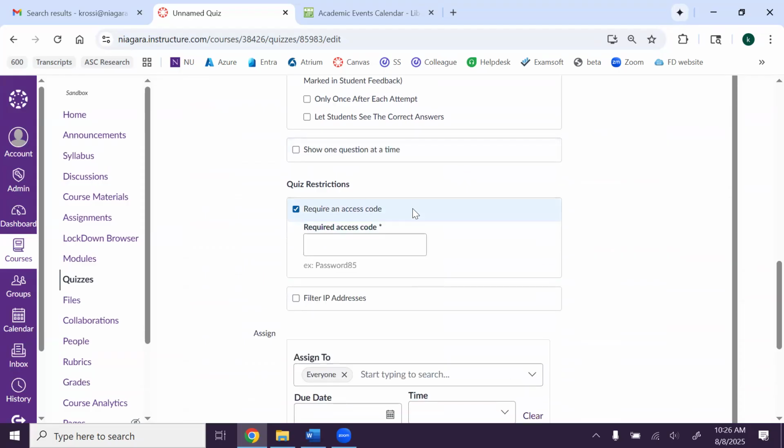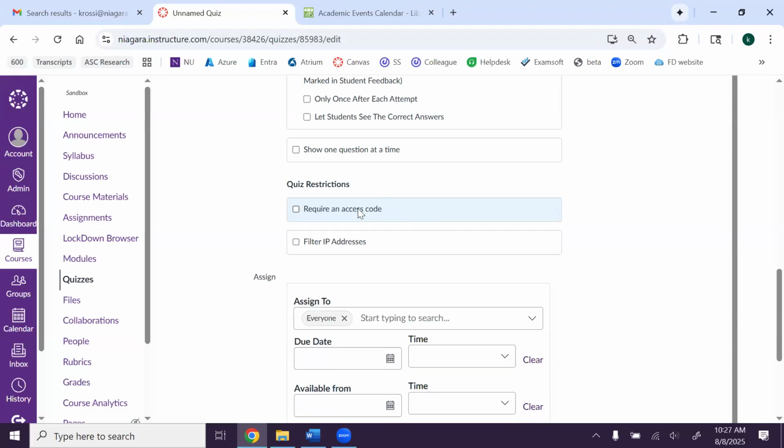Access codes, typically you wouldn't use these. I'd say the most times you would use these is if you want them to watch something first. If you go through a PowerPoint or watch a video, and then at the end of that, that's when you'd have what the code is to take the quiz. That's the most commonly used for access codes because they can't start it until they get that. So you either have to email it out at a certain time. Some professors want to make sure that students are in class, and so they just put it on the board, so they can't take the quiz until, if they're remote, whatever the case may be there,